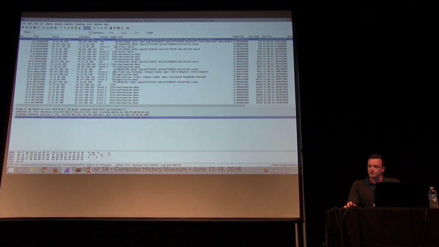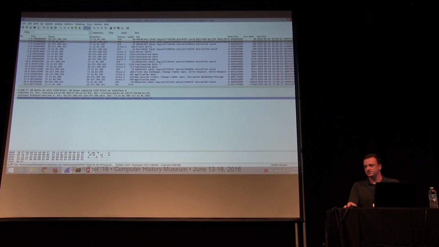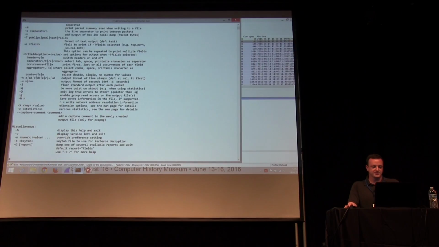So I have this Wireshark open with some file I downloaded just this morning using the Wi-Fi here. And with all your profiles, the default profile is what TShark is going to use. So whatever you have configured, for example, as the columns, meaning default time, source, destination, IP, protocol, etc., this is what you'll see on the command line. So I added to my default profile, as you can see here, delta time, cumulative bytes, and the absolute time. And when I switch to the CLI